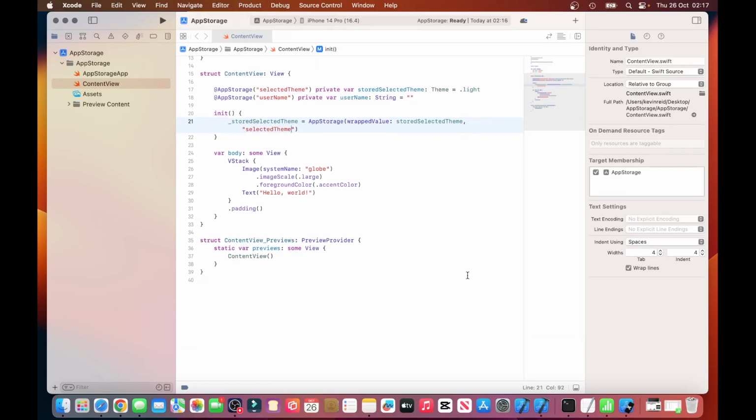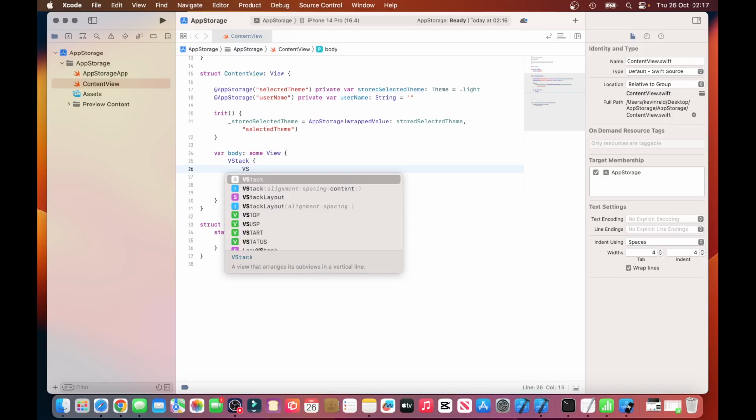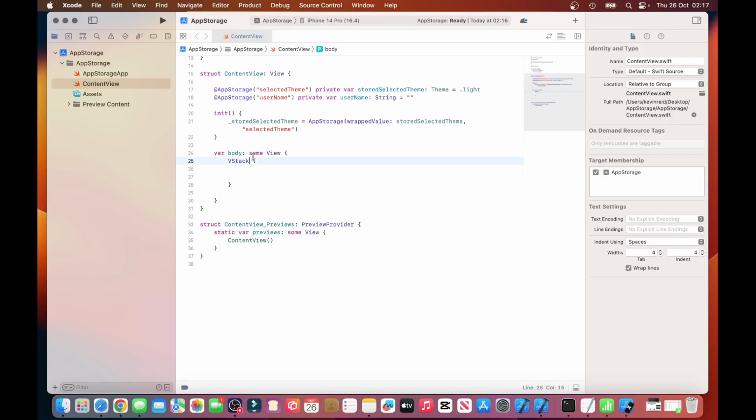Next thing we need to do is delete lines 26 to 29, and also delete line 28, and then type in VStack, or we can use this VStack. So just type in open bracket, spacing 20, and then